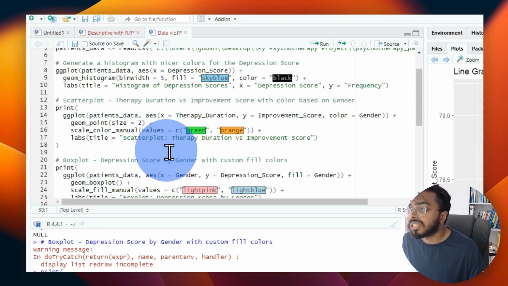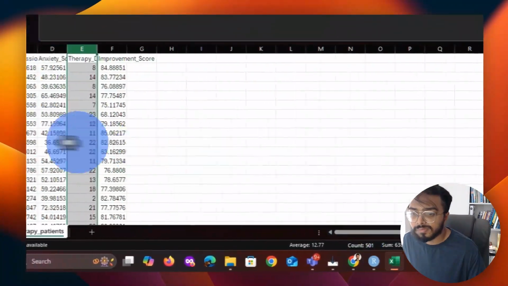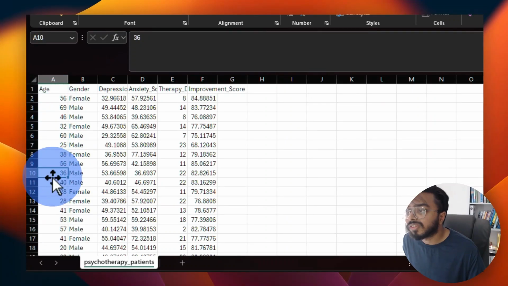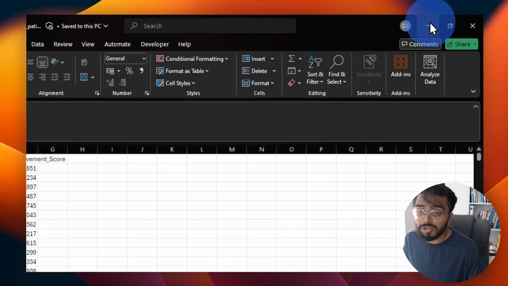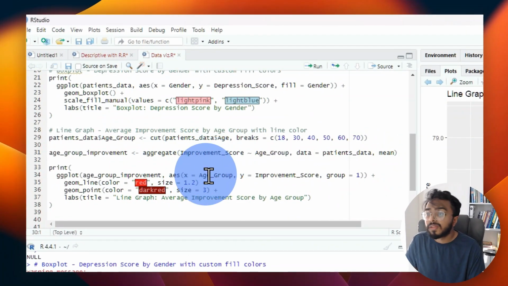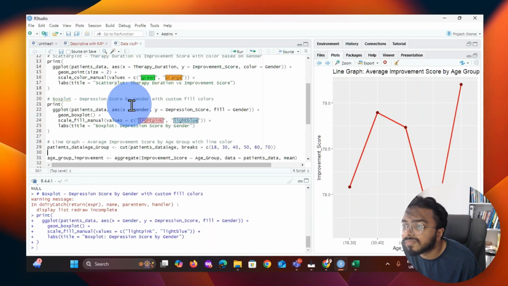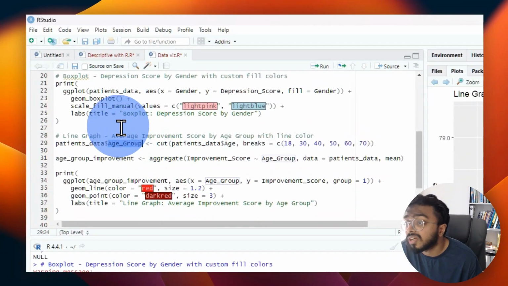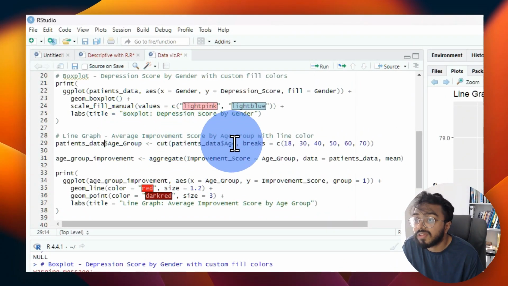So initially, if you might have noticed, the age was 56, 69, like this. There were no age groups. But what did we do here? So what we do here is, where is age group? We have created these age groups. Okay, here it is. So we have created a new variable called age group, and then we have cut it